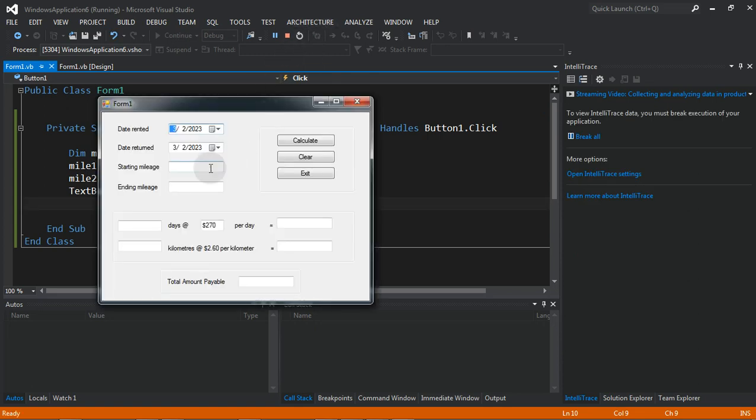Alright, so as you can see, let's put the starting point. Let's say the car we just took was on 345 kilometers. Then we returned the car, and it's 675. Let's now calculate. As you can see, it's now showing the difference. If we calculate this under our calculator, we find the same thing. Okay, yeah. So now,